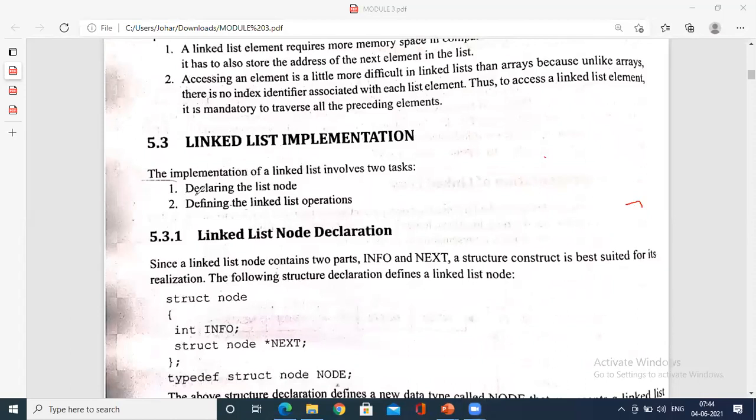Linked list implementation: declaring the list node, defining the linked list operation. So how do you implement the linked list? It involves two classes: declaring the list node and defining the linked list operation, right? Once again, if you want to understand, whenever you use a variable called a, what do you do?